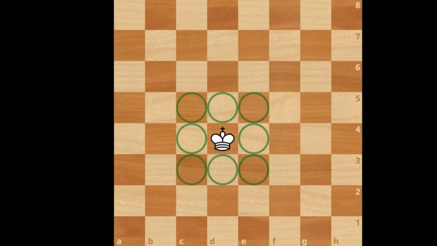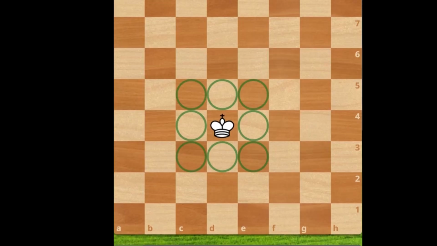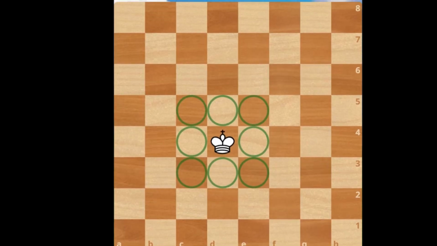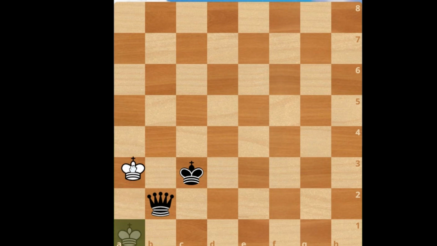Now, as you can see, the king cannot be captured. So, what can we do with the king? The king can be put in check. And if the king is over here, suppose, and the queen is over here, it can be captured, except there is a king here. This is chicken mate. Here, the king is in attack, but he can't run away anywhere because that's an illegal